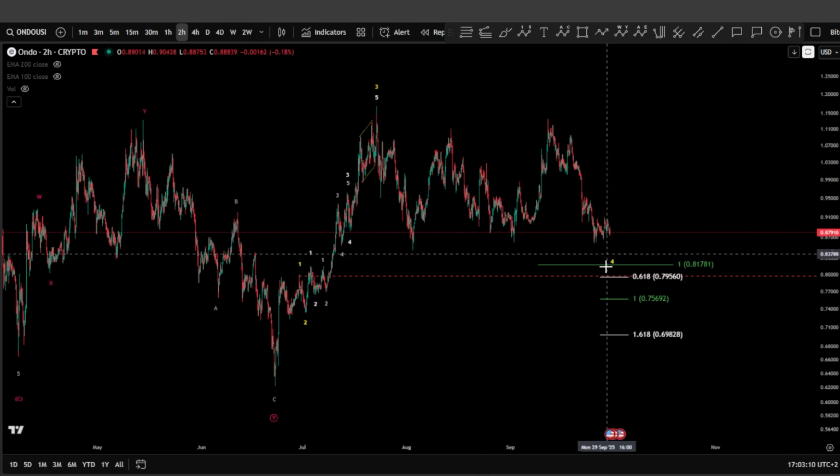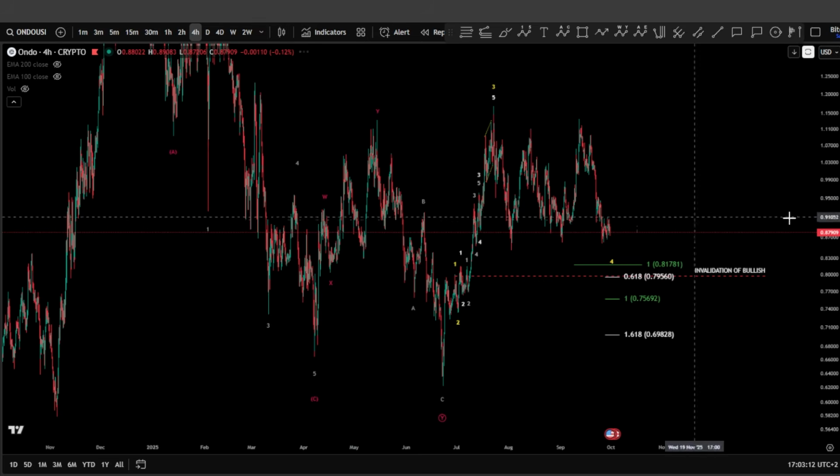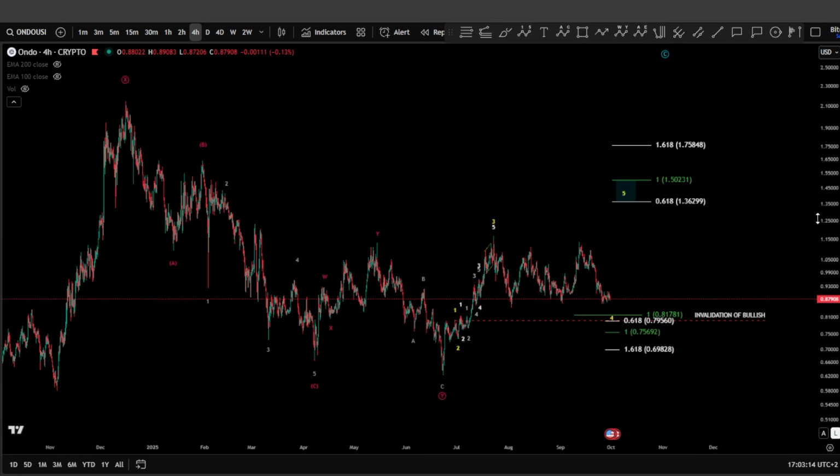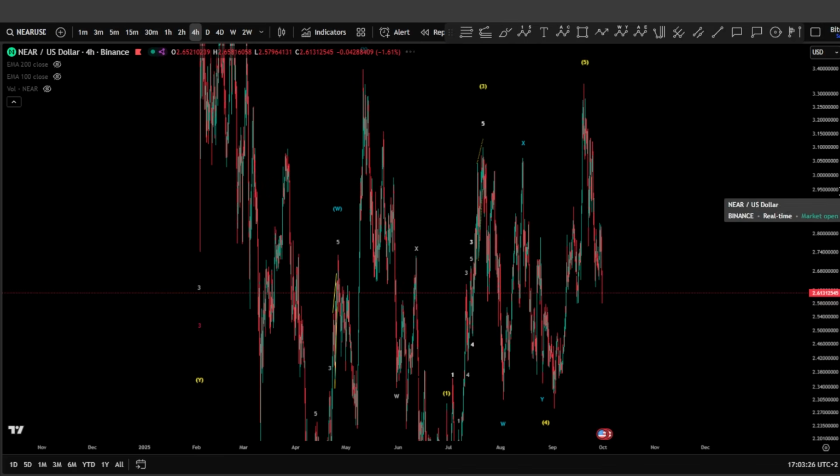Yep, so these are the key levels for Ondo, and of course I'm still looking for higher potentially on the daily or on the macro level. We still see a little bit lower prices on the micro level, which might unfold something huge for the next days, potentially on Ondo.